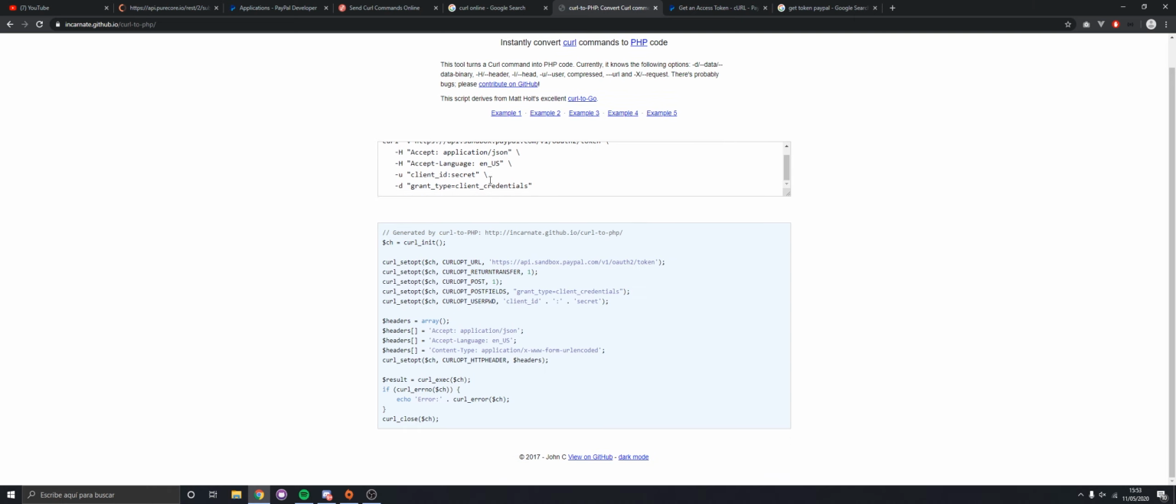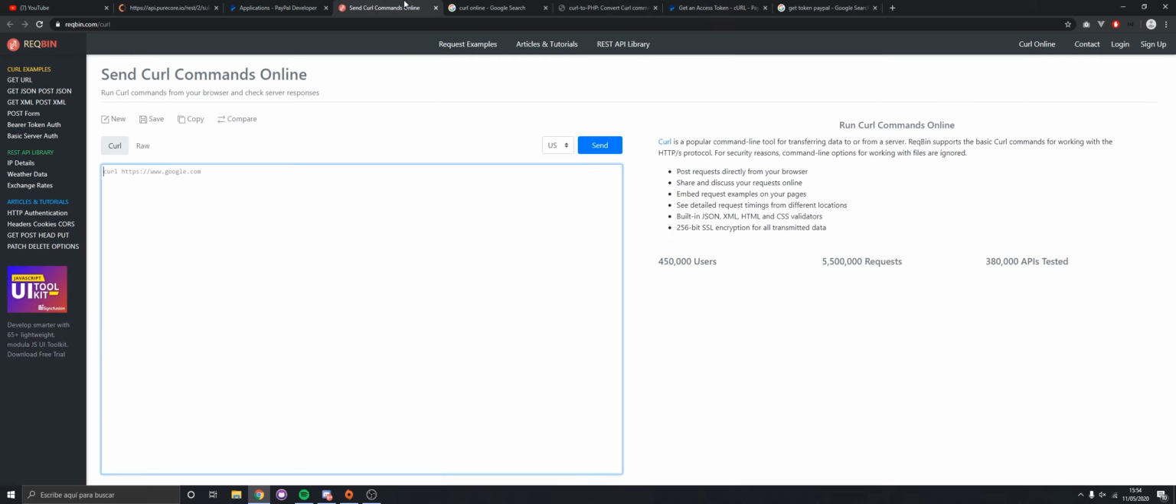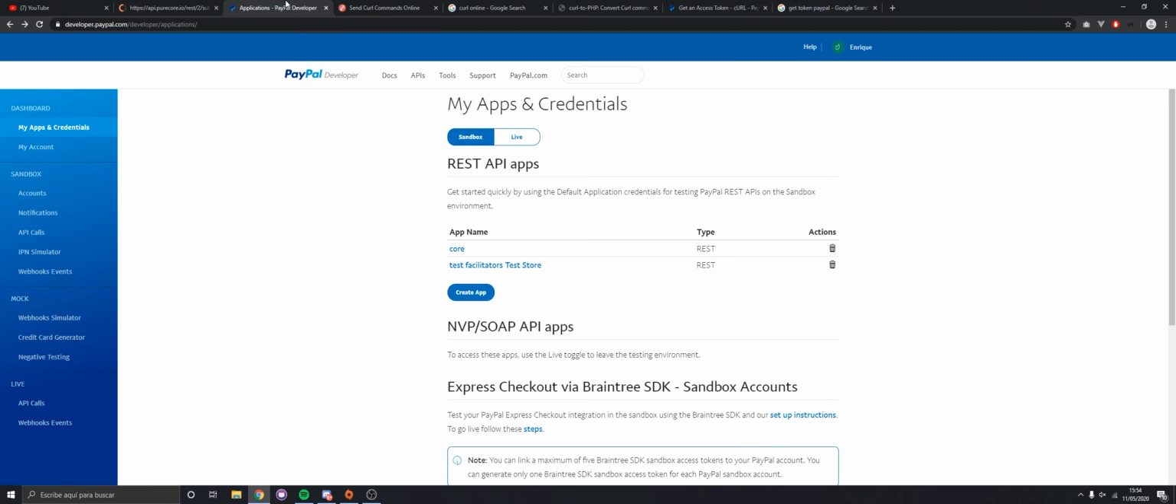So I'm going to start explaining this. In order to interact with the API, we need an access token first. To get an access token, we just want to set our client ID here and our secret here. To get those, you just go to developer.paypal.com, you go into the dashboard, then you create an app,